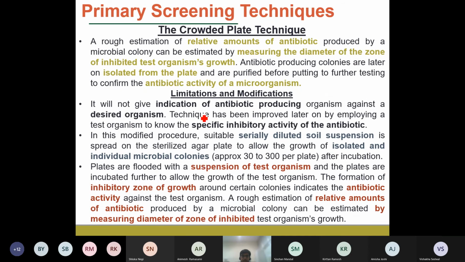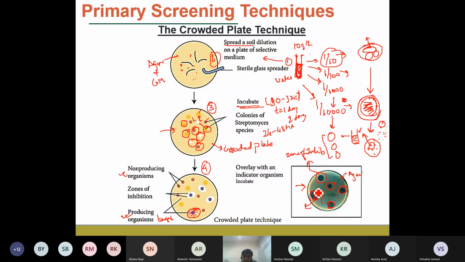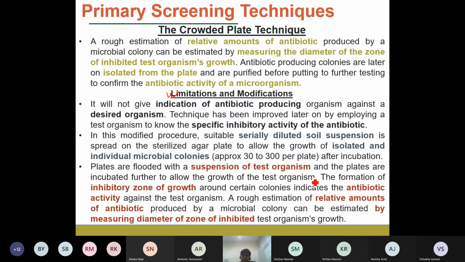But you see that there are some limitations. For example, it is being used for the production of antibiotics, and we see that it is able to make a zone of inhibition, and then you say that this is antibiotic producing. But we cannot actually specify for which type of microorganisms the antibiotic molecules produced can be used. Can it be used for the gram positive, or for the gram negative? That classification cannot be done within this crowded plate technique, so a slight modification is done in the traditional approach.